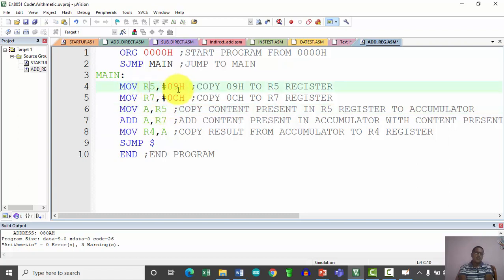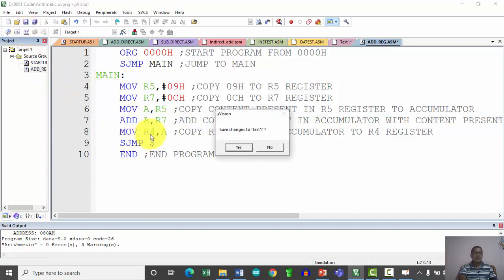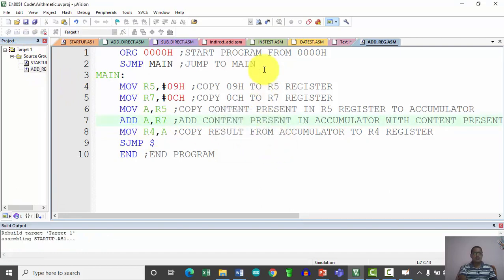So the content of R5, that is 09, is now copied into the accumulator, and this accumulator content, 09H, gets added with the content present in R7 register. When we carefully look at this instruction, it represents the register addressing mode, because the number that we are going to process is present in this R7 register, and this number we directly consider here for the processing, right? So let us cross check the execution.